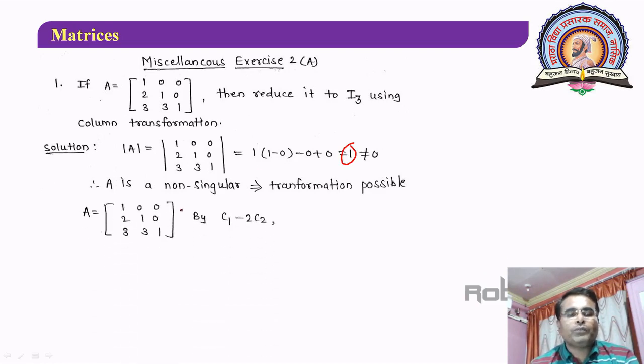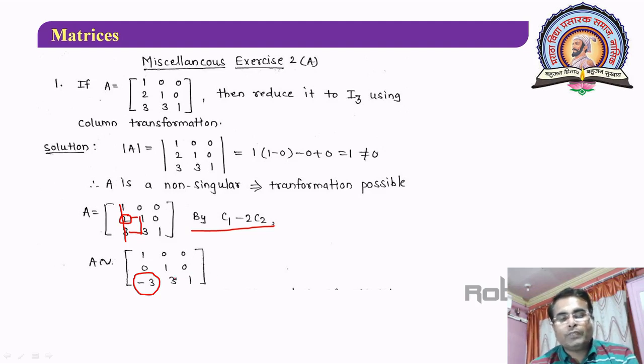remember. So our first transformation on matrix A, this is your matrix A which is given here, 1 0 0, 2 1 0 and 3 3 1. Now on this use the transformation C1 minus 2C2. C1 minus 2C2 means this is your first column and you are considering C1 minus 2C2, so that this will reduce to 0. See what happens. A is reducing to, here 1 remains as it is, 2 minus 2, this becomes 0, 3 minus 6, that becomes minus 3. Then second column and third column as it is.